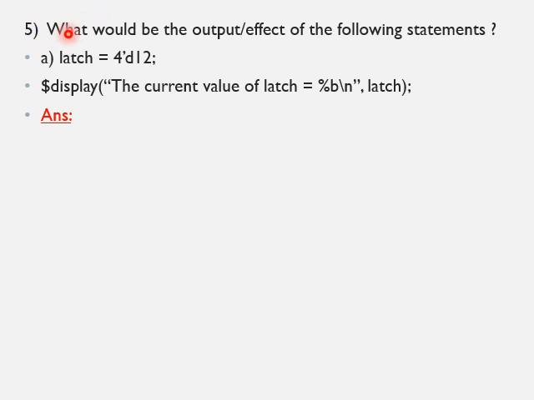Question number 5. What would be the output or effect of the following statements? In the first, latch equal to 4'd12, $display is a system task: the current value of latch equal to %b, latch. In the display task it is required to display the binary equivalent value of latch, whereas the latch value is given in decimal. So the output of this piece of code will be